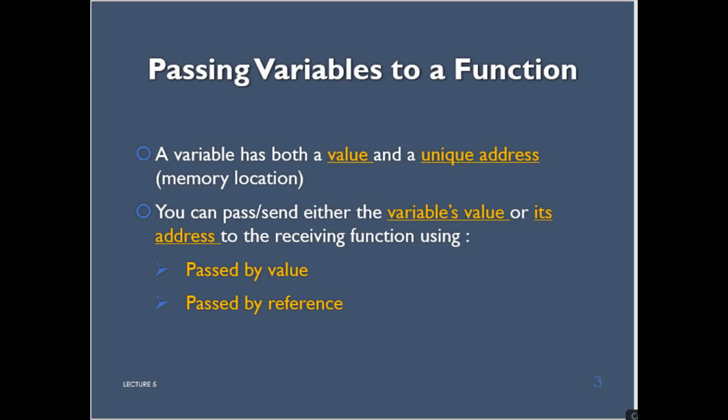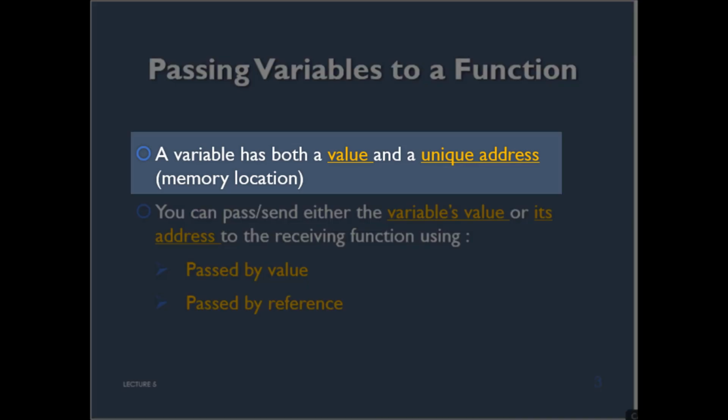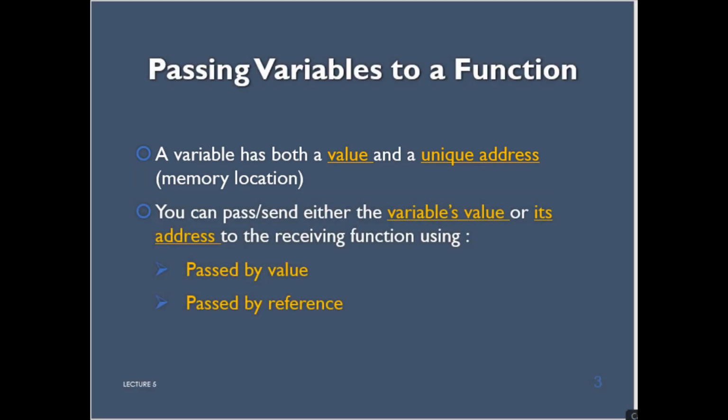In this video, we're going to talk about pass by reference, which is another way to pass your variable from a function call to the function definition. So we know that a variable has both value and a unique address. So far, what we have learned is that we pass the value of the variable, and we call this pass by value. Another way is that we can pass the address of the variable, and we call this pass by